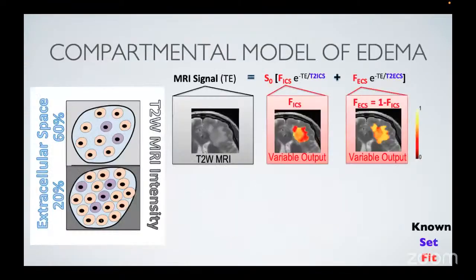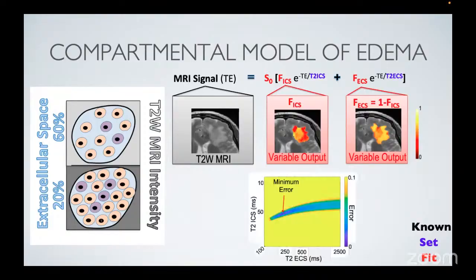And so from that, we're able to build a compartmental model of edema, looking at the overall signal as a composition of the intracellular space and the extracellular space, making some gross assumptions about the characteristics of water between those two spaces. And there's a variety of things that we can do to fit that, but we can even do things as far as try out multiple types of T2s in the intracellular space and extracellular space and see where